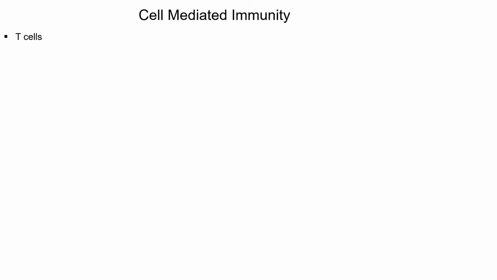Now, T and B cells are lymphocytes. Now, lymphocytes you learned in Gen Bio produce protein. Well, the B cells produce antibodies. The T cells produce either enzymes or hormones. So that's where they differ. T cells do not produce antibodies, just hormones or enzymes. Now, there are several different T cells that we're going to talk about. The first type of T cell is what we call the cytotoxic T cells. We abbreviate them big T, little c.